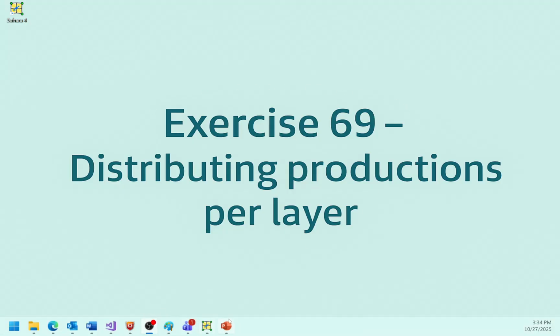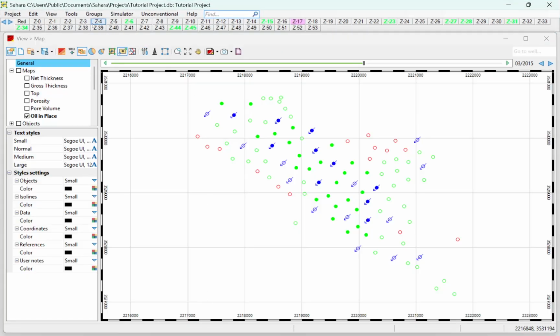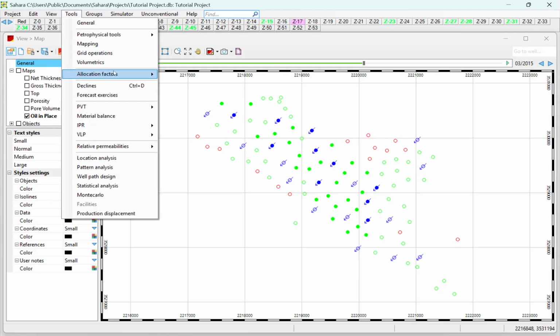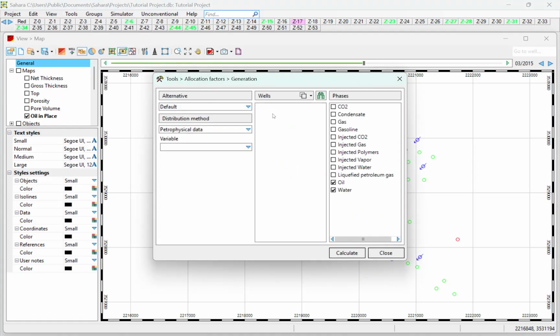Now we will go to our Petrel project, and once here we will select tools, allocation factor, and here we will generate new allocation factors. Here we are going to select the phases where we want to apply the allocation factors. As we can see, oil and water is already selected. Those will be the phases where we want to apply it because those are the production phases. So we will apply it here. We will select all the wells. The allocation factors that will be generated will be stored here in the default alternative,